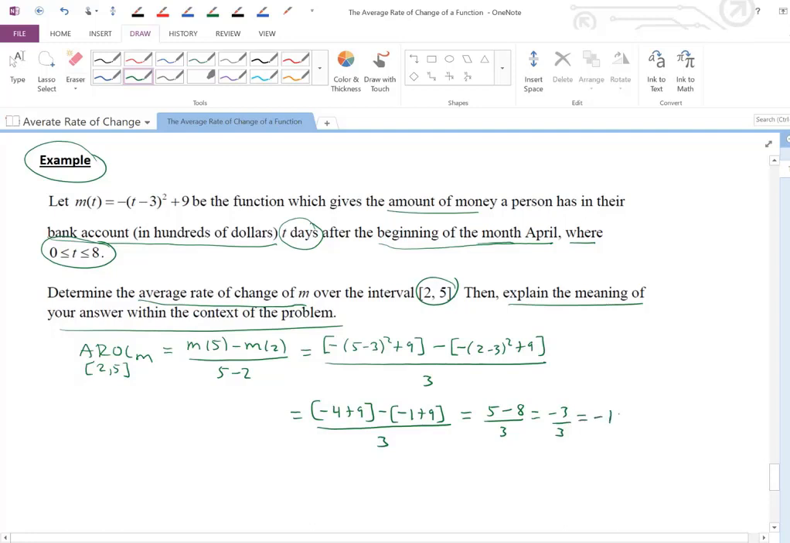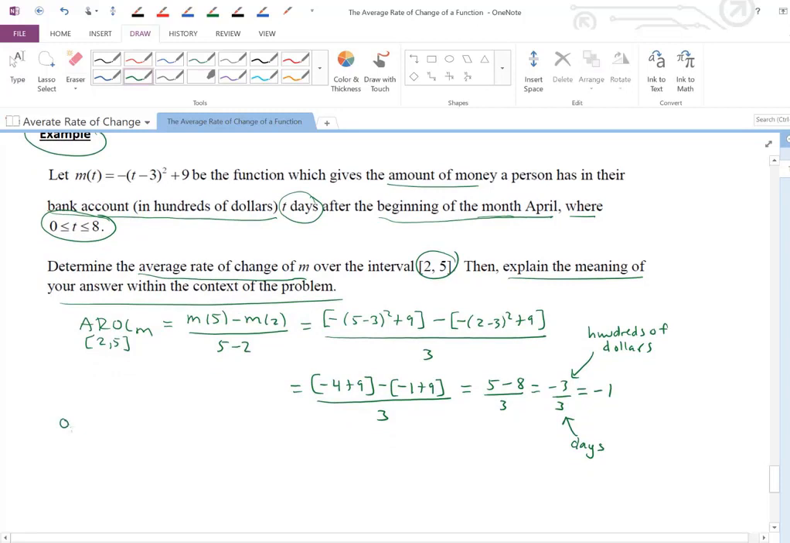The units here, on the numerator, are in hundreds of dollars. And then the denominator has units of days. So, what does this really tell us? On average, this person lost $100 per day in their bank account